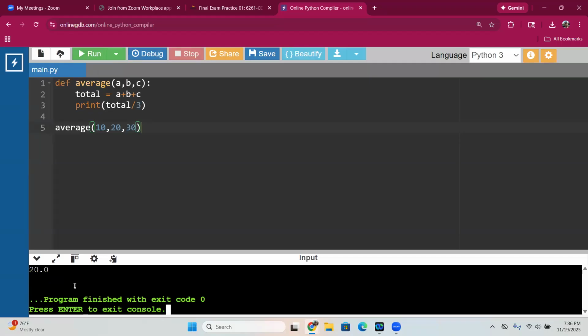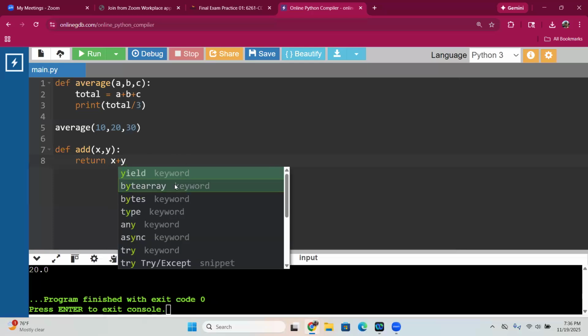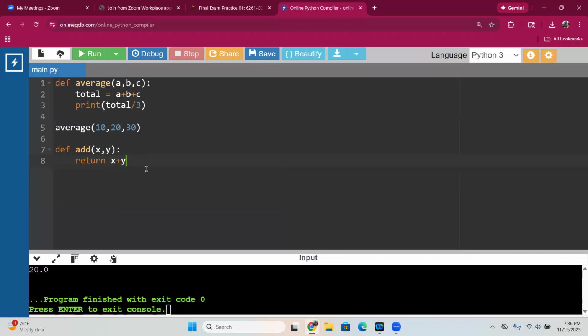We have two types of function. There's a function we can call void. Void functions don't return anything. For example, this one does not return, it just prints. But sometimes you want a function that returns something, like, for example, def add. It takes two numbers, let's say x and y, and then returns the sum. So the difference between this function add and the other one is that the other one does print, but it does not